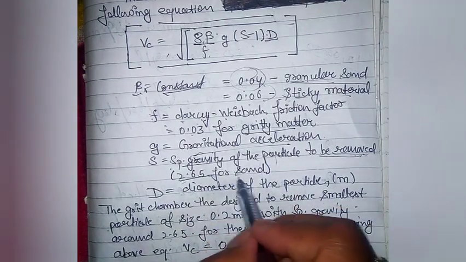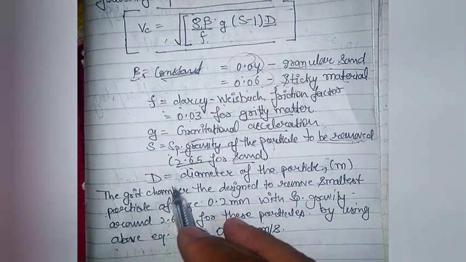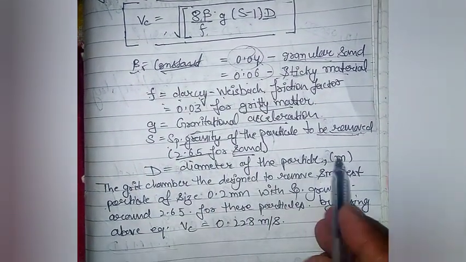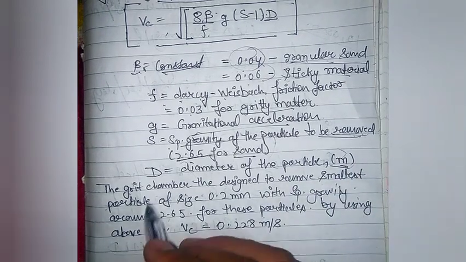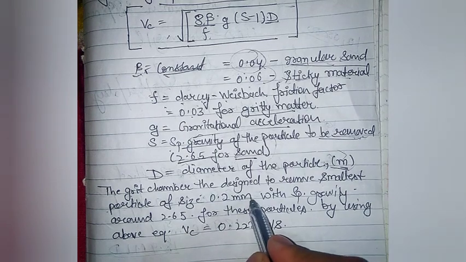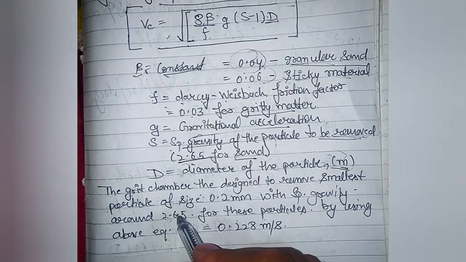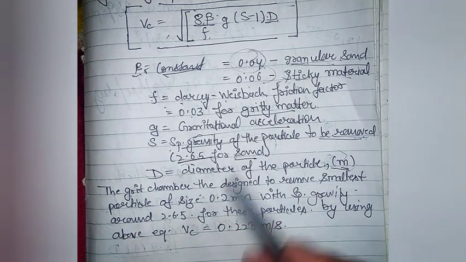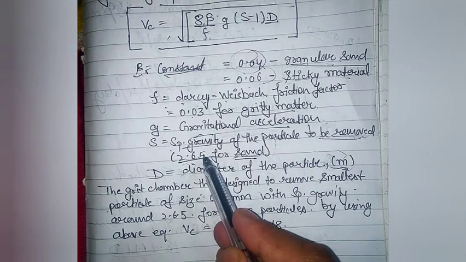Generally the gritty material is always sand, so we are taking it as 2.65. And what is capital D? Capital D is the diameter of the particle. It is in meters. Now the grit chambers are designed to remove the smallest particle. We discussed it. So the size of the particle is 0.2 mm with specific gravity around 2.65. Generally the material which is present is sand, so the specific gravity is 2.65